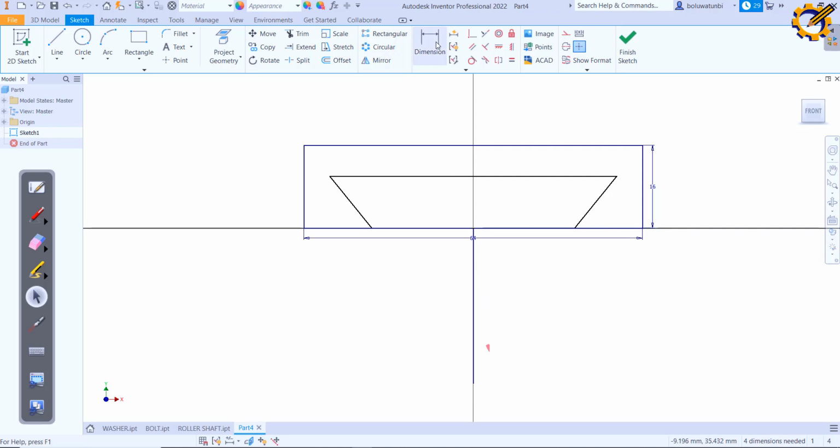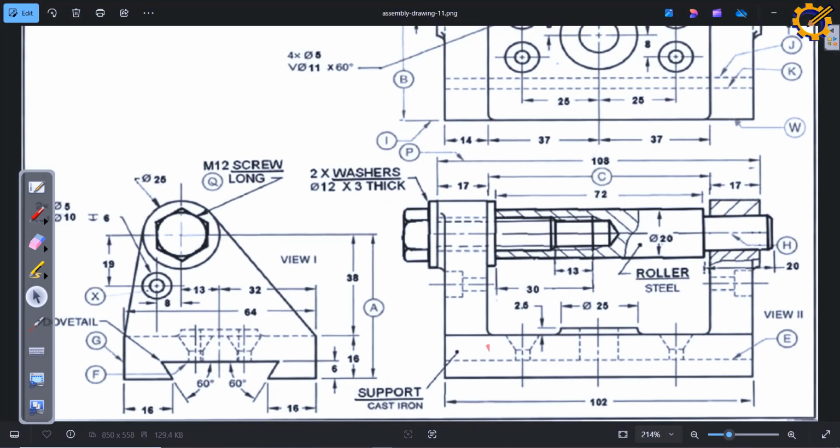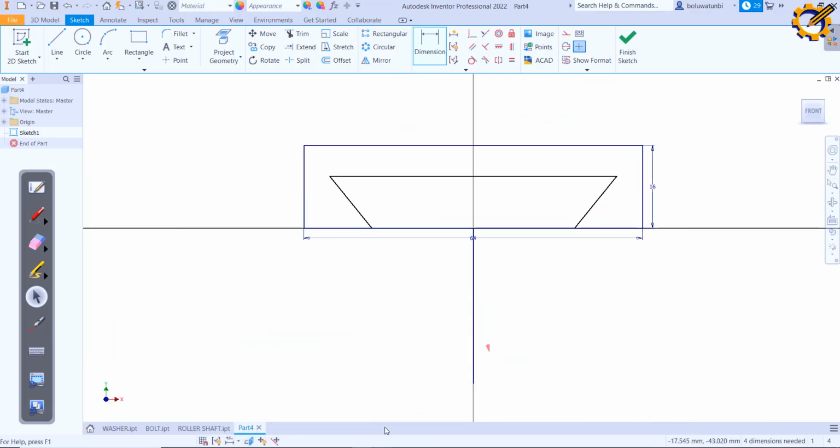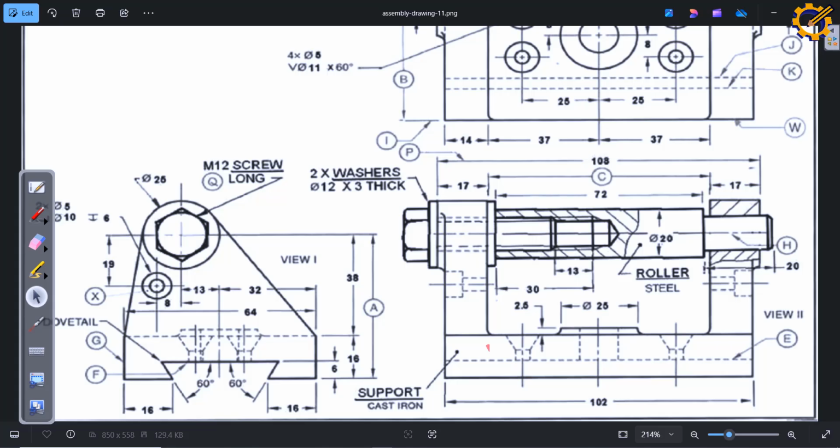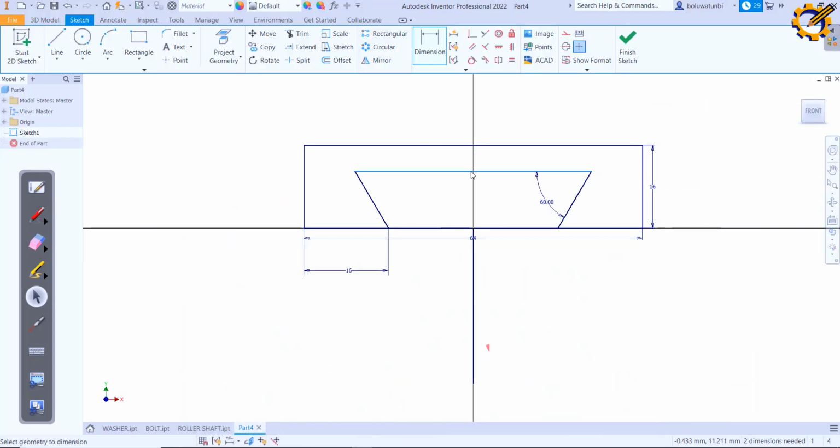Okay, now the dimensions. With my dimension, that place is 16, then 60 degrees. Here to here is 16, then on the inside there is 60 degrees. So what about the height? The height is 6. Here to here is 6. All right,